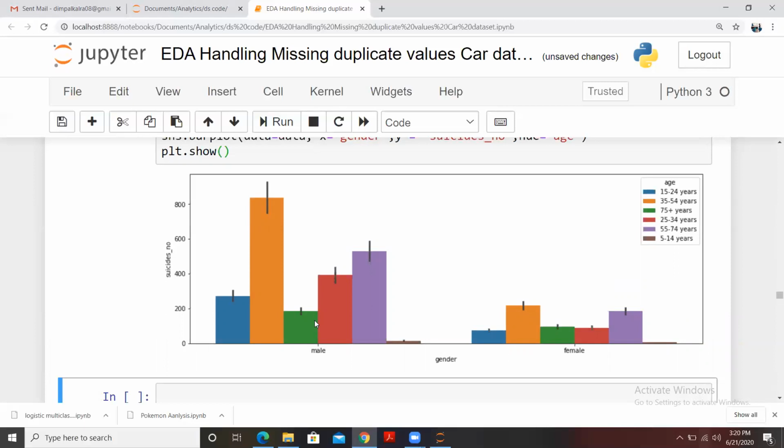Fine. Let's say now you want to create some charts, or some plots, based on the country and the gender, that you can do. And in case you want to check the suicide across different generations, that is what you can do.